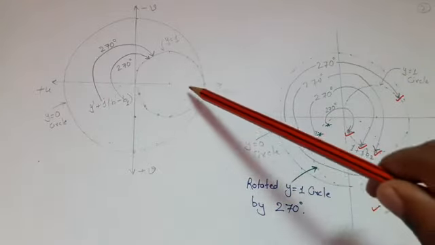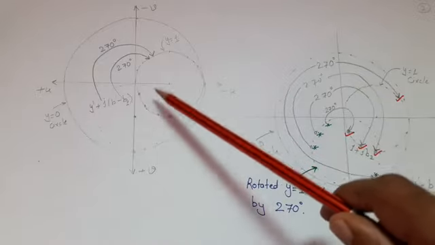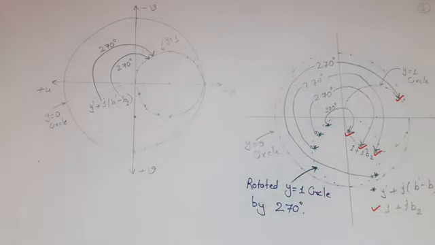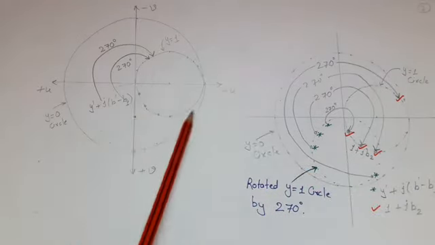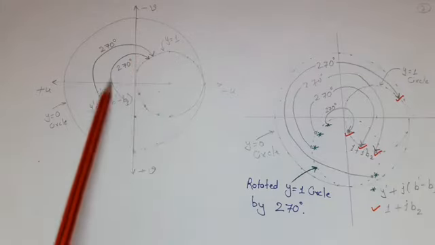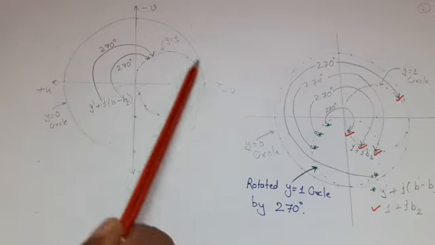Why the Y is equal to 1 circle? Because its real part is 1, meaning the conductive part is 1. So in double stub matching, this transformation is very important. It means after a rotation of 270 degrees in the clockwise direction, we should fall on the Y is equal to 1 circle. Now the question arises, how can we achieve this situation? It means for every 270 degree rotation, we fall on the Y is equal to 1 circle.